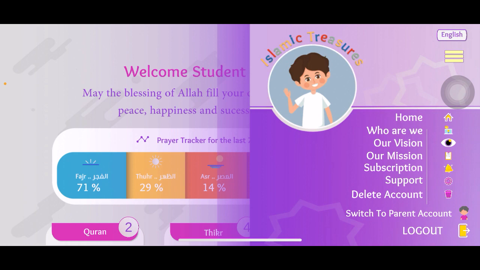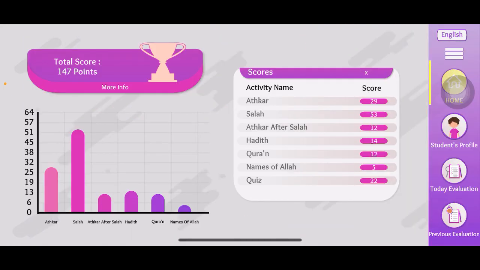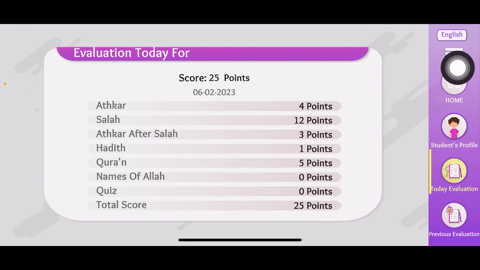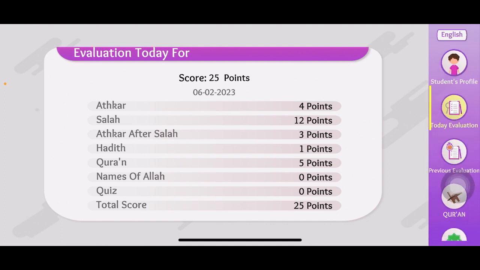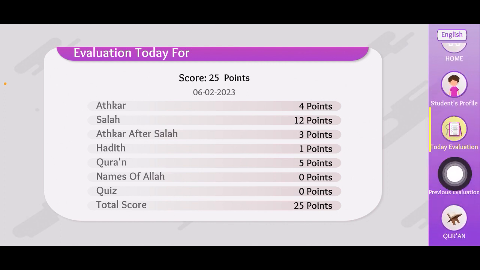If the parents would like to track their child's progress, they can just switch to the parent's account from here. They will find all the information about the student's performance on the app, and also they will find today's evaluation here. If they click on today's evaluation, they will find the points that their child has got today. Also previous evaluation,